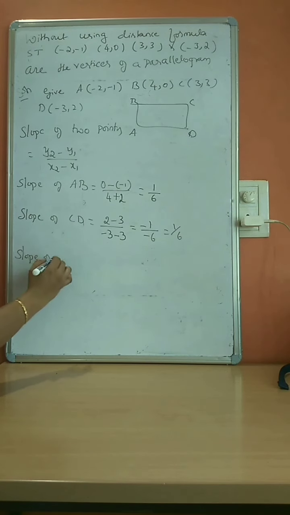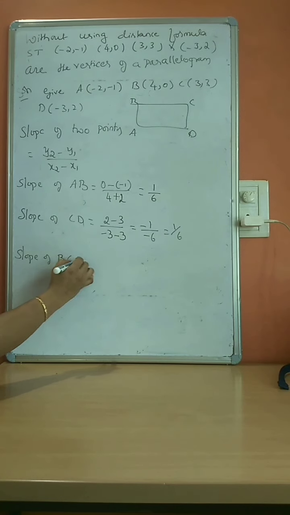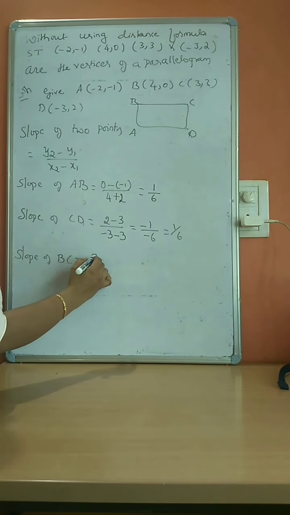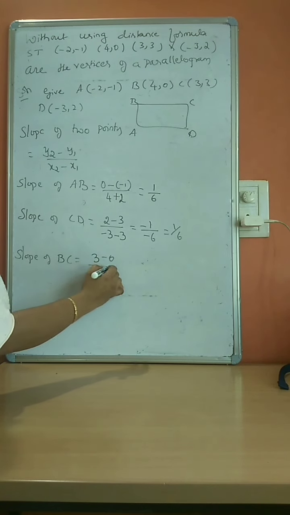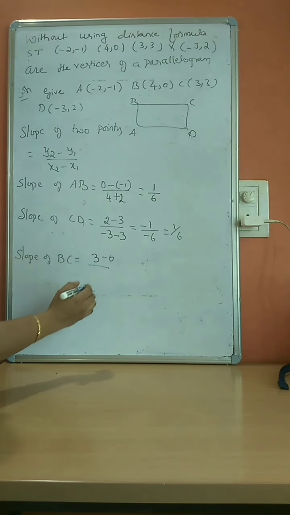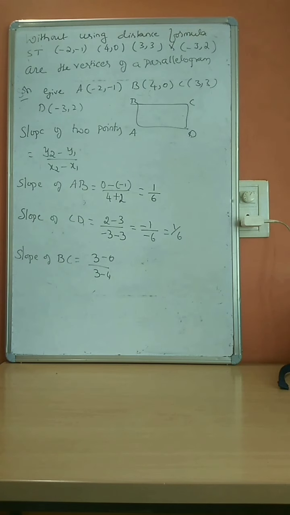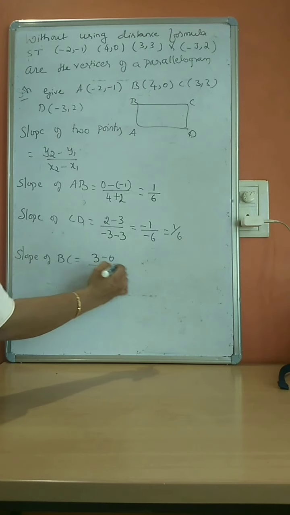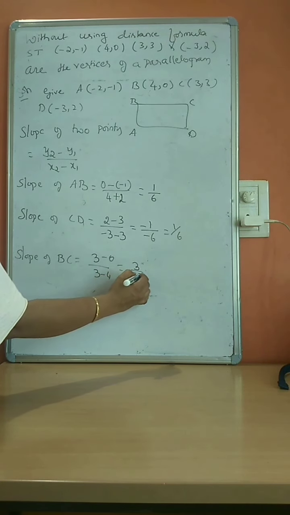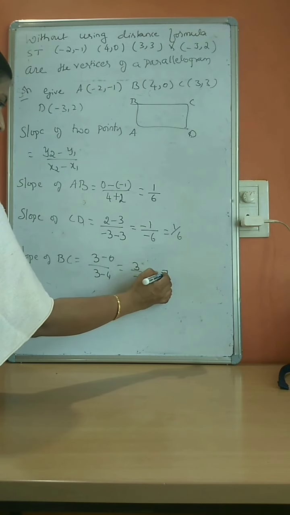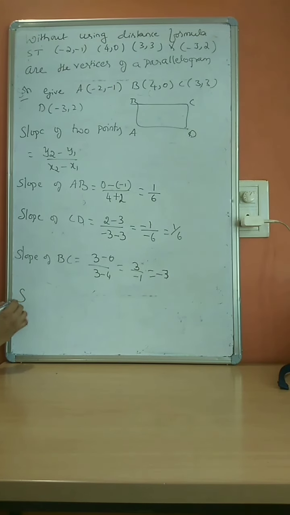slope of BC. Slope of BC means 3 minus 0 whole thing divided by 3 minus 4, which is equal to 3 divided by minus 1. It must be equal to minus 3. Similarly, we can go for finding